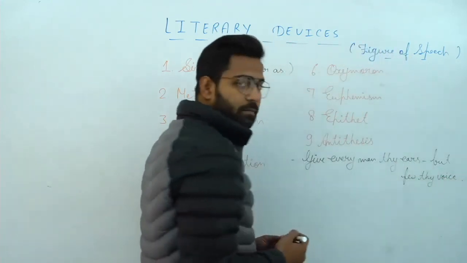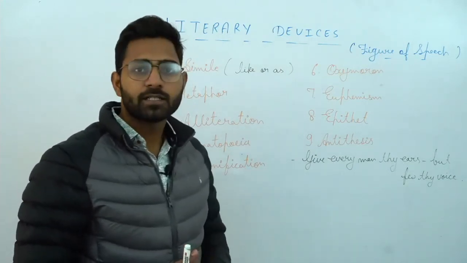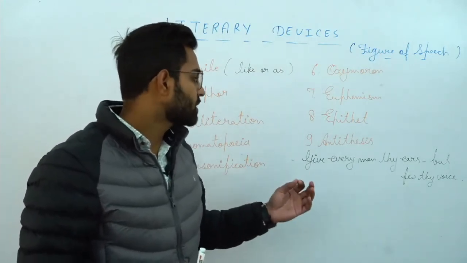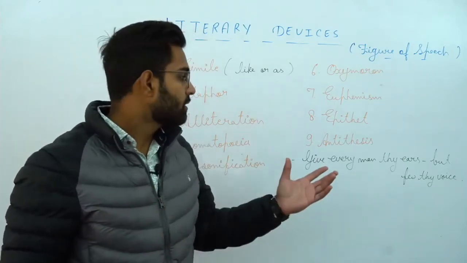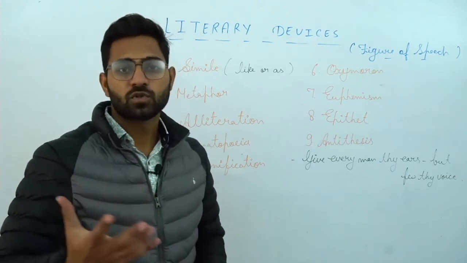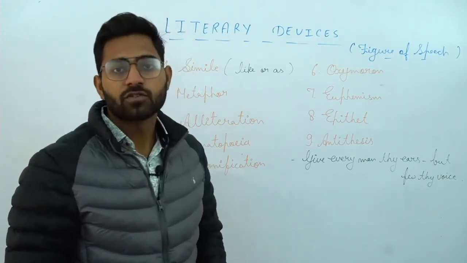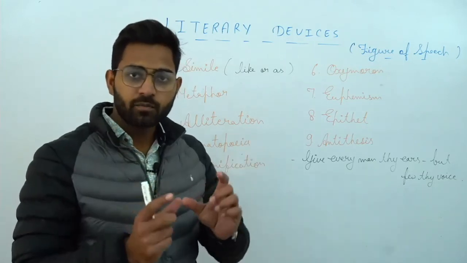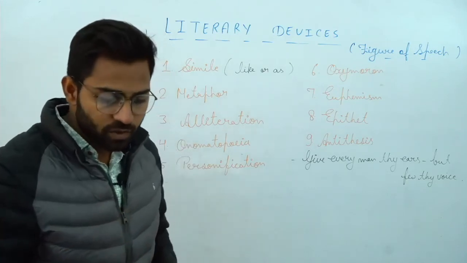So we have an example here. Give every man thy ears but few thy voice. मतलब सबको अपने कान दो, like सबकी सुनो, but few thy voice, पर कहो. तो एक तरफ तो every man and दूसरी तरफ few man. So these are the two different ideas put in a single line, that is called antithesis. Let's move to another example,